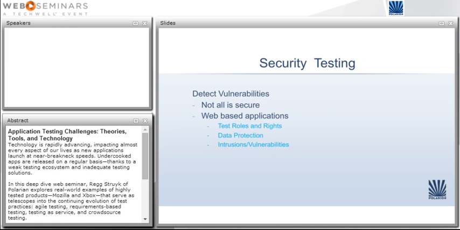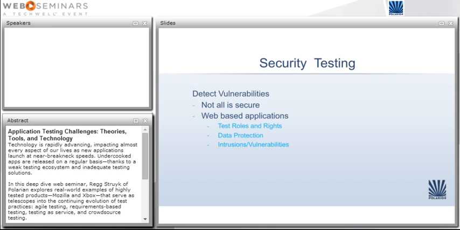Security testing. In the past, and I'm not sure exactly why there hasn't been as much in the last few years, but I think it'll become more at the forefront again, certainly from the website, and now that we're all going to mobile devices. But really what we're coming down to is detecting vulnerabilities. Make sure that everybody's aware that even if we bolt down the hatches and we're looking at intrusions and all those kinds of things, even if you put a framework in place,